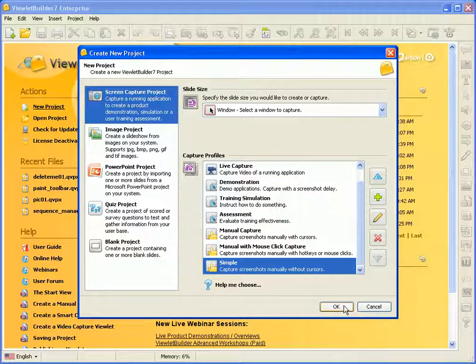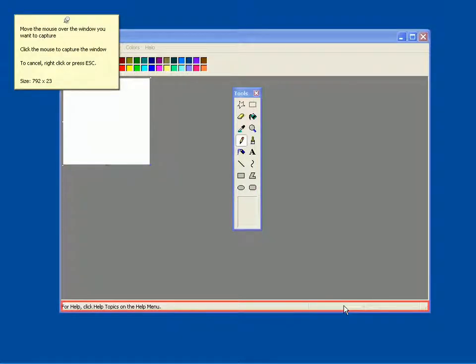Let's click OK. Now before we do, I want to point out that if you're capturing a graphic that's coming out of another application window, maybe a toolbar or something like that, have that already playing in the background before you go ahead and open up Viewlet Builder so that it's set to go when you're ready to start your capture session. We'll click OK, and you see here's the paint program window, and as I move my mouse around